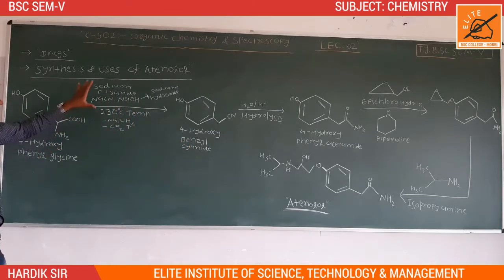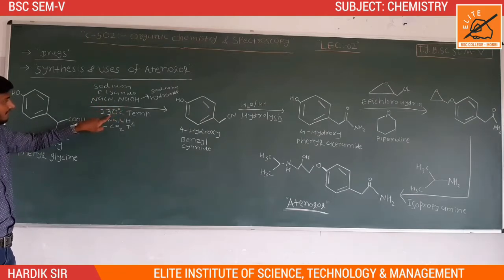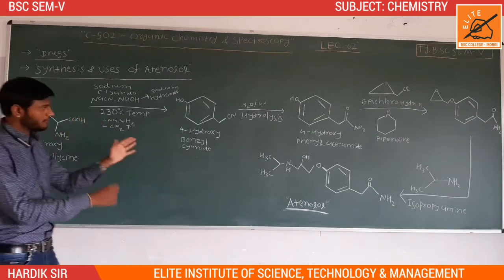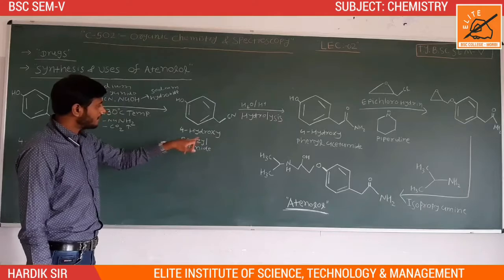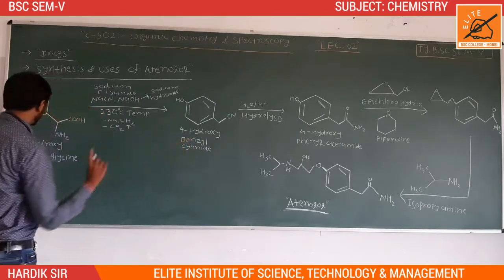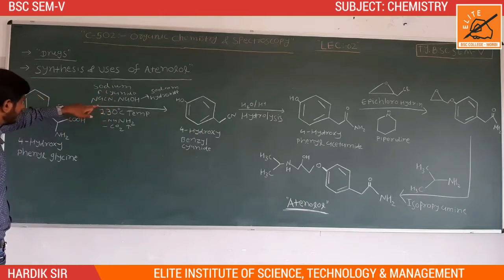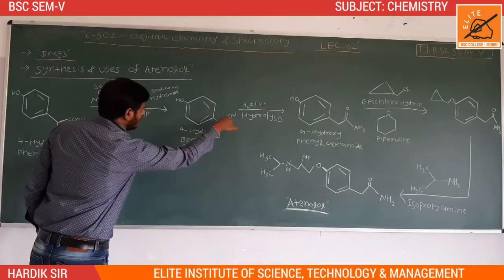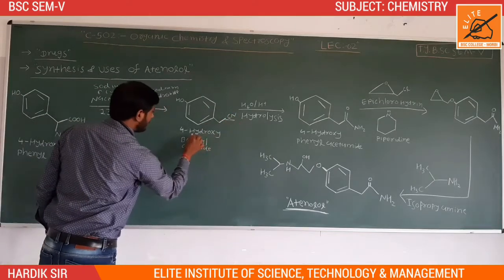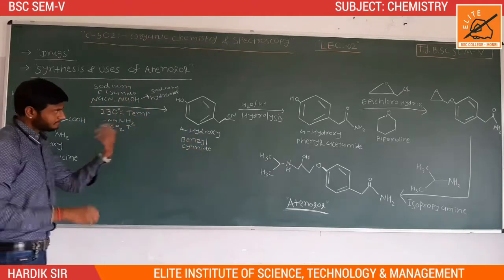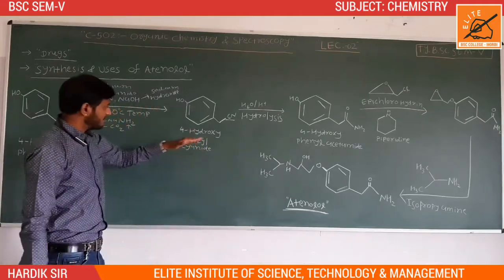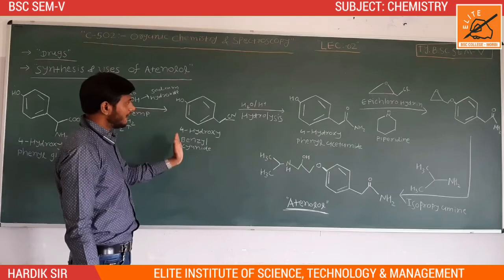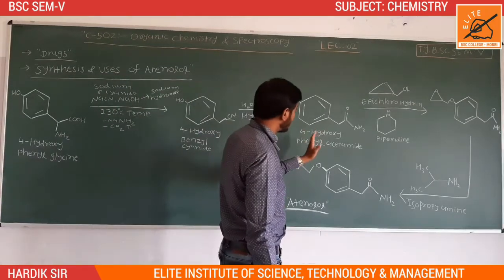4-hydroxyphenyl glycine is reacted with sodium cyanide and sodium hydroxide at 130 degrees Celsius, removing carbon dioxide gas and sodium amide, to produce our first intermediate product, 4-hydroxybenzyl cyanide. This sodium cyanide is combined with this carbon, attaching the cyanide group, and forms the 4-hydroxybenzyl cyanide. Now 4-hydroxybenzyl cyanide is reacted by acid hydrolysis and produces 4-hydroxyphenyl acetamide.